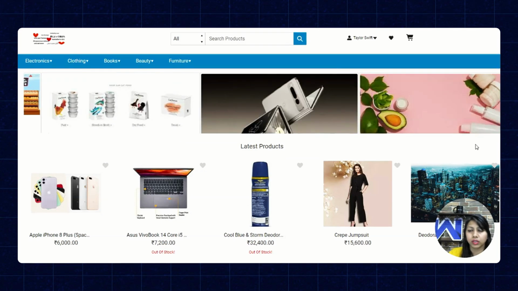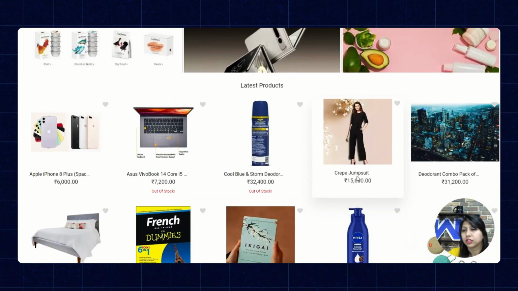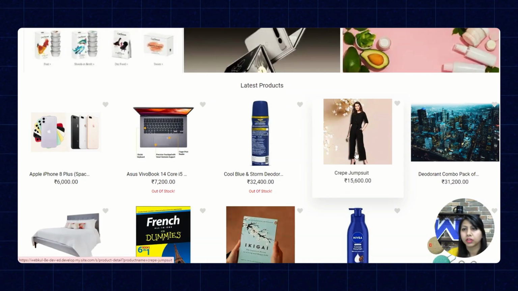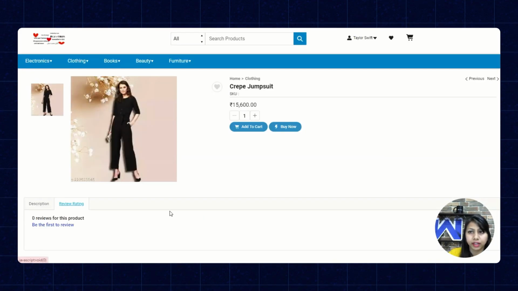And then we'll go to the site, our application site. So as we did for the jumpsuit product, I will enter a review over here. As you can see, there is a section tab for review rating.